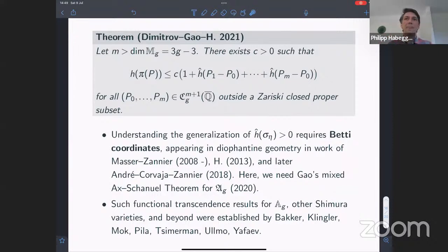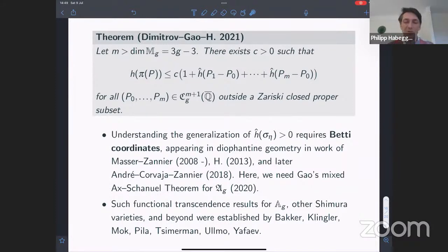Several things go into the proof of this theorem, namely techniques of height theory, but we also need somehow an analog of the non-vanishing of the Néron-Tate height of the generic fiber that appeared in Silverman's original version. So this kind of condition has an analog here that has to be verified in this setting. And writing down the analog is more sophisticated than just looking at the Néron-Tate height on the generic fiber, and